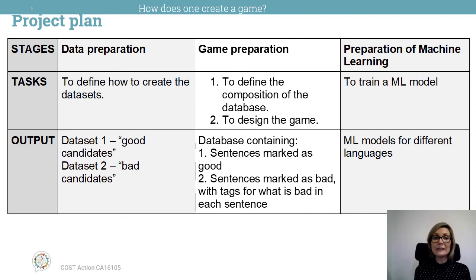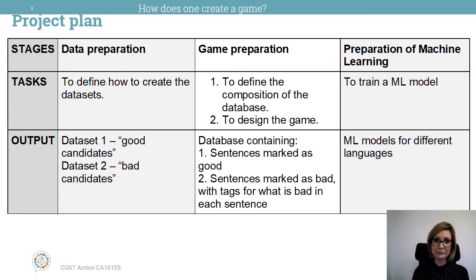We then created a project plan. So we organized the project in 3 stages: data preparation, game preparation, and preparation of machine learning. And each stage has tasks and expected output. The first stage, we need to define how to create the data sets for the game. And our expected output are actually two, one of good example candidates and another one with bad